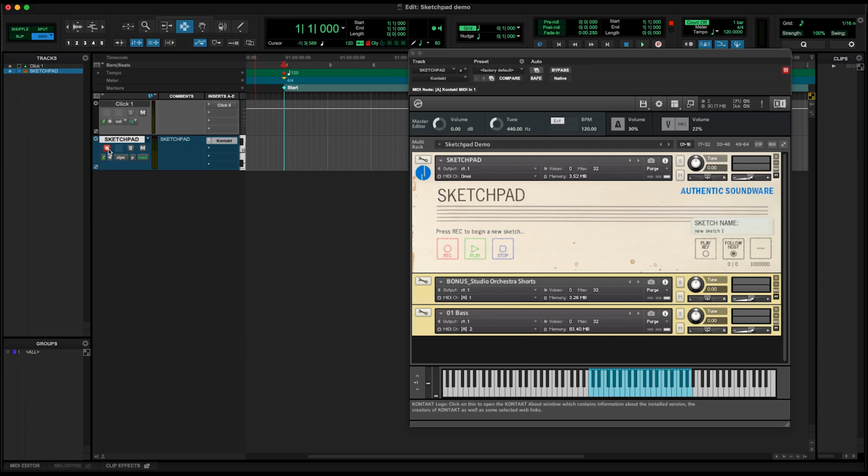Okay, so now let's talk about using this inside a DAW instead of in standalone mode. There's 2 ways to do so. The first is to leave follow host off and then do everything the exact same way as I demonstrated when I was working in standalone mode. It's just like its own